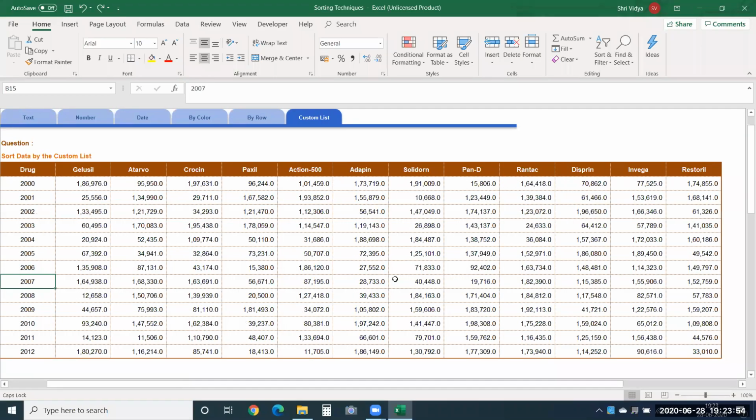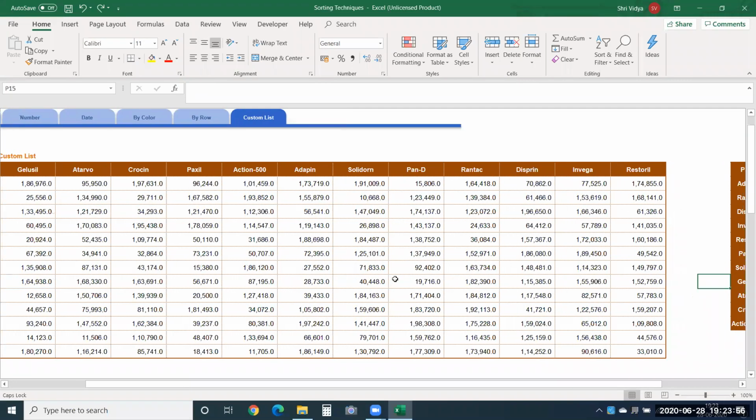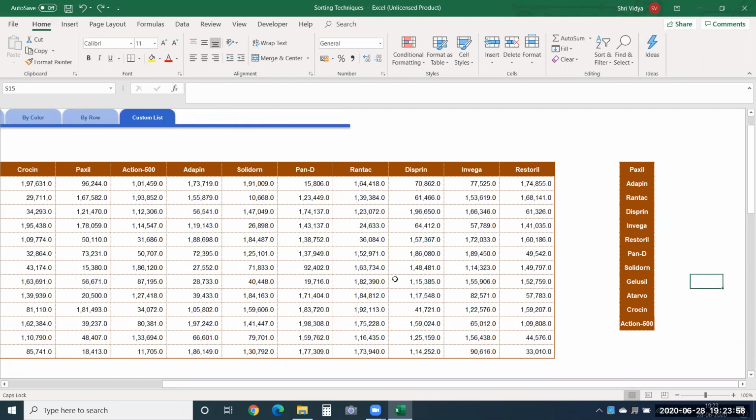See, for this data to be arranged in a custom order, we have a separate list here. I want this data to get arranged based on this list. Now, for this to happen, I need to create a custom list of these values. So to